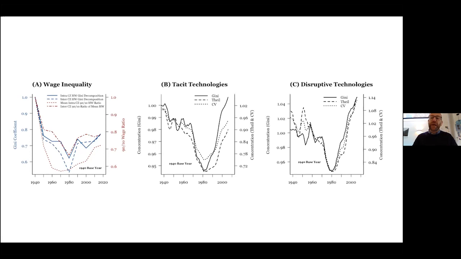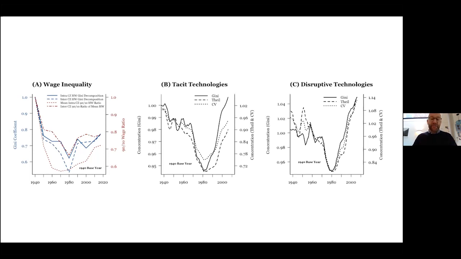In panel C, looking at the geography of disruptive technologies, potentially disruptive technologies are spreading out between 1940 and 1980 across the landscape of the United States. And again, we're looking at commuting zones here, just to remind you of the geography. Then right around 1980, we see a reversal in the geography of disruptive technologies, such that these disruptive technologies also start to strongly concentrate in space.